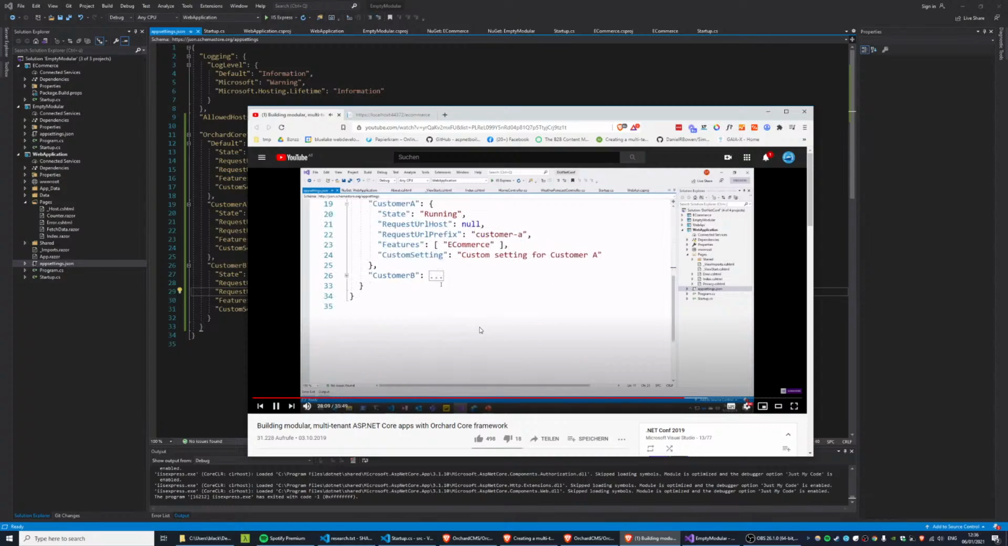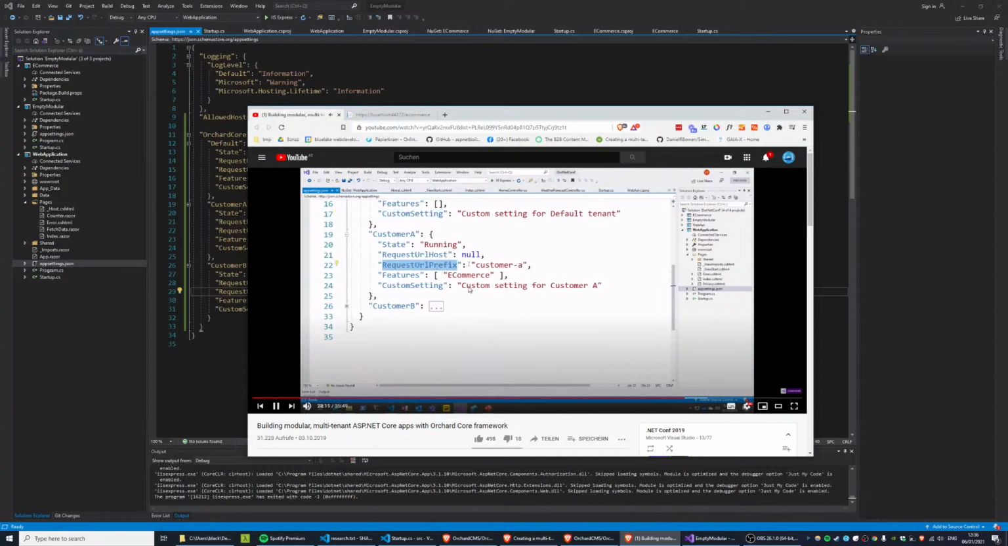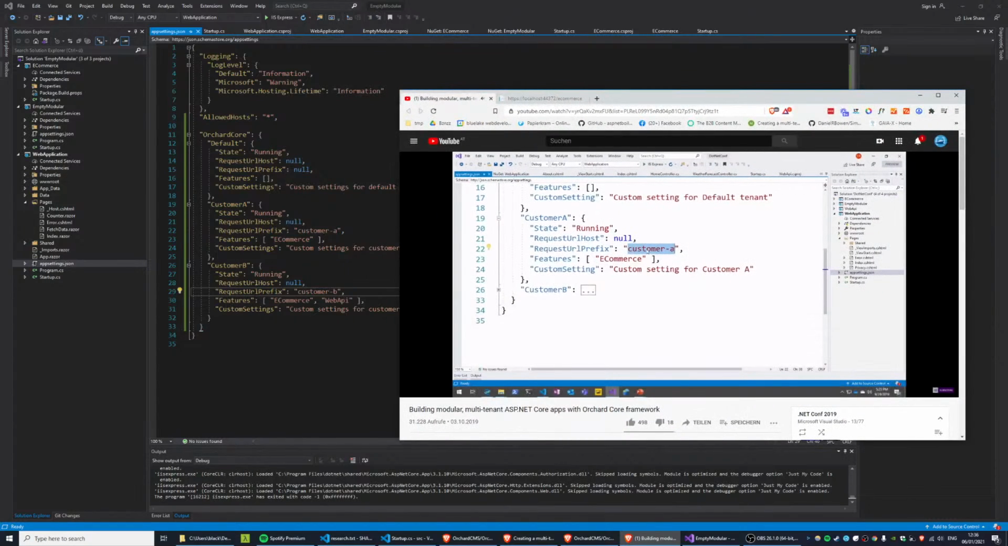So if I look at my customer A, it has a URL prefix, which will be the base path that I will have in the URL to target this customer A. This is the same as if you use your own thing in WordPress.com. And then here, customer B. So if I run that,